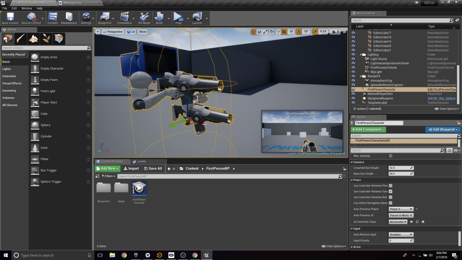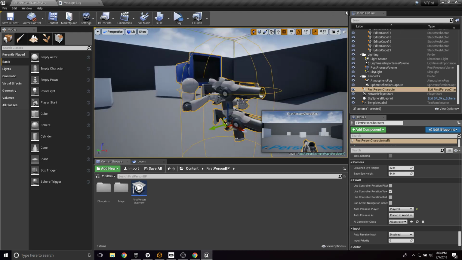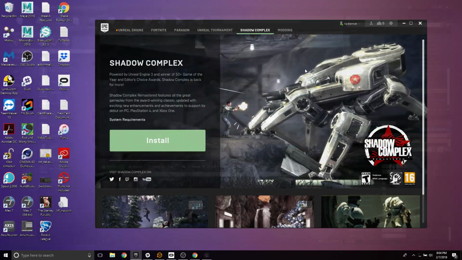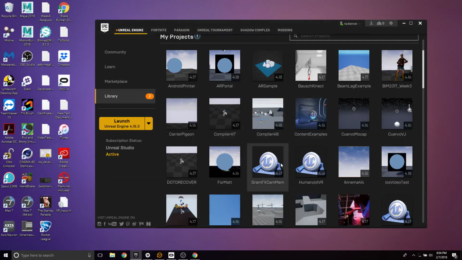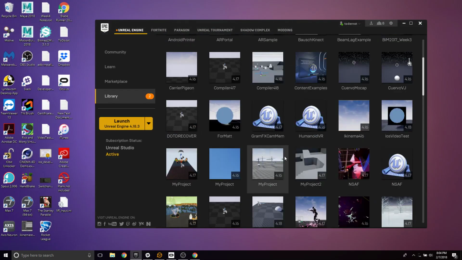So let's take a look at third person, okay? Feel free to play around with these templates and just augment them in the way you want to. You have a little gun, you have collisions, everything's working. So we're going to go back to VR